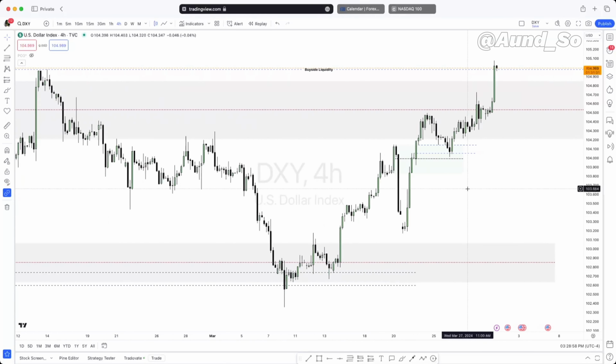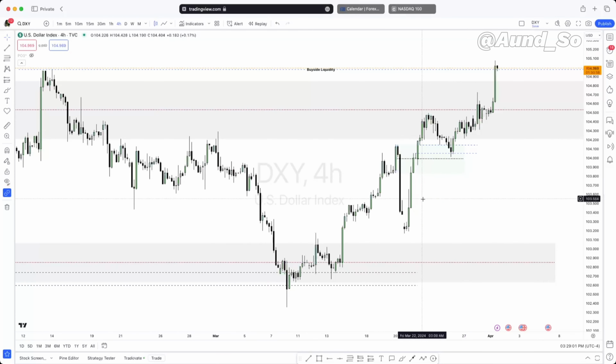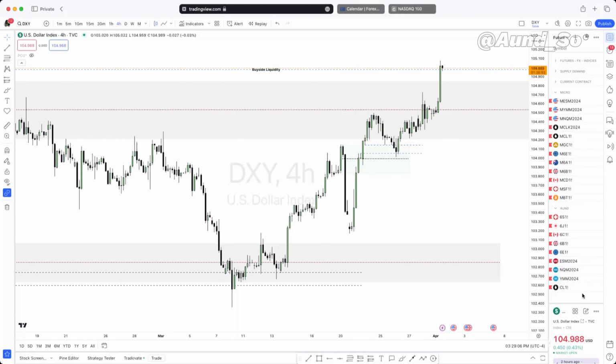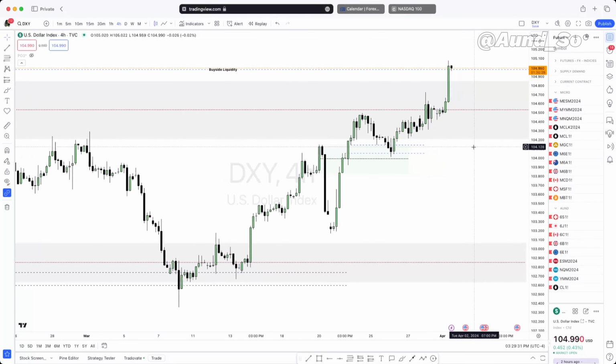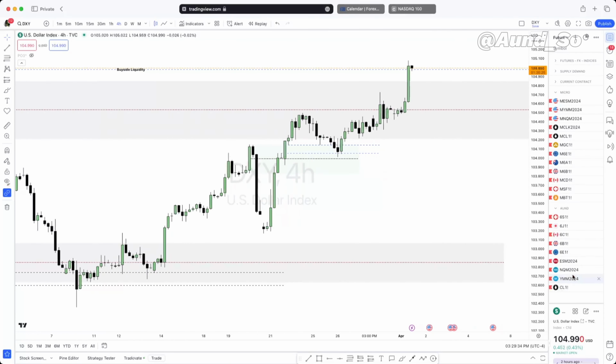Which is kind of weird because the dollar has been going up, and on the indices, Nas 100, Dow, these are indices, and usually when the dollar goes up, the other stuff goes down. But Nas, ES, US 30, these have been going up, making all-time highs, even though the dollar has been going up. So it's kind of tough to trade right now. Currently, we are April 1st,